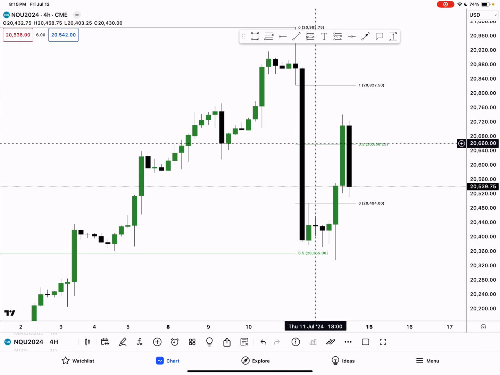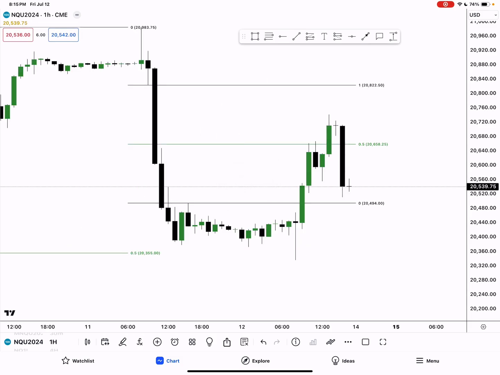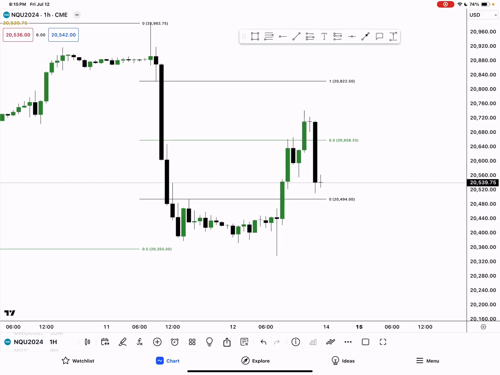50% is basically the point where I begin to look for trades, but it doesn't mean that's the point that I'm going to trade at. And I neglected that when I was looking at that trade setup from before. So next thing I do is I go down to the 1-hour time frame,